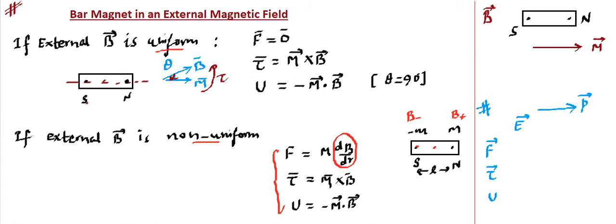So with this, we have covered what a bar magnet is, and how we indicate its characteristic property by magnetic moment, and that this produces a magnetic field. Its own magnetic field we talked about in the previous video lecture, and in this video lecture we have talked about what happens if we place this bar magnet in an external magnetic field. It may experience a force, it experiences a torque, or it has potential energy stored in it, right? Then you can link this bar magnet with kinematics, dynamics, or anything else, because you know what the force is, what the torque is, and what the energy is. So you can use energy, force, torque, or all other related methods of mechanics.